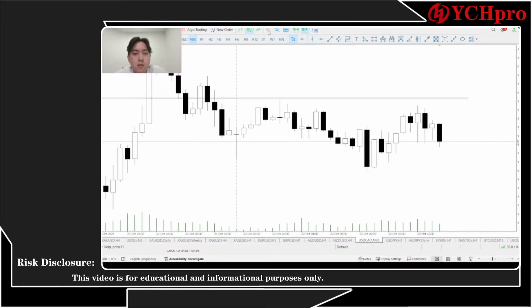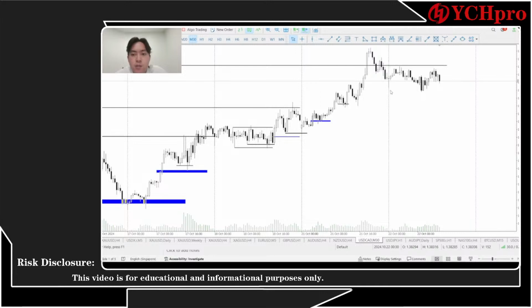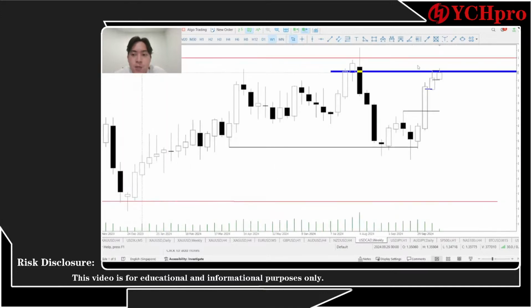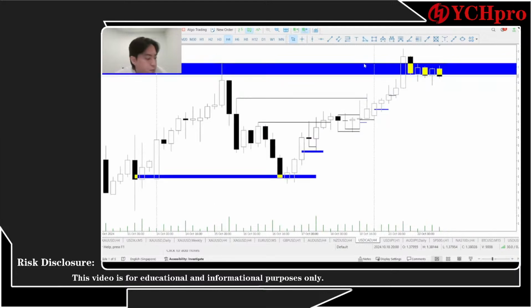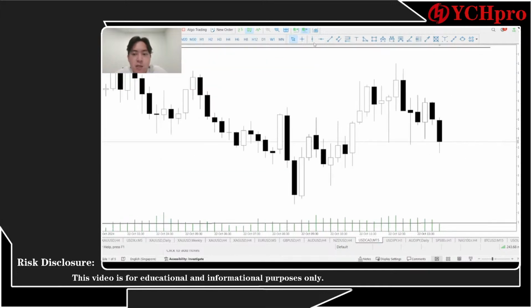So where does it go to? It depends. So right now we can see that the price has been grabbing this liquidation. I won't be doing long right now, to be honest, because this is a weekly range. The price has been grabbing these liquidations. My thought is that the price might be going back to this lower side, maybe grabbing this low. Okay, so once the price grabs this low and then goes back, then I will be trying to do long positions.